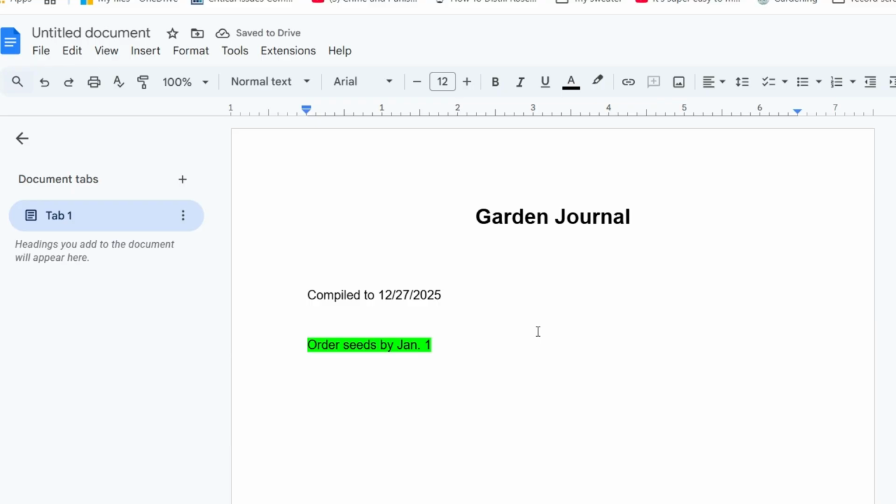And that way, as soon as I open up my garden journal, I know to read those notes that I think are really, really important to myself, and to do those as soon as possible. Now I've got to take the highlight color back to none. And then